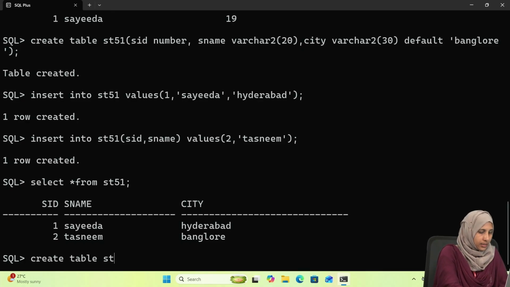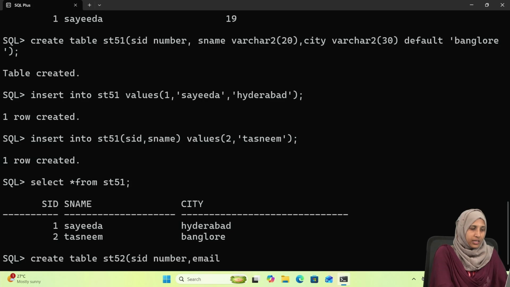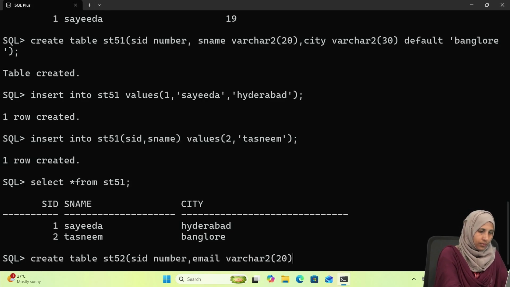Create table ST52, SID number. Okay. Email. Directly I'll be taking email instead of name. Why? Because we have SID anyhow. Varchar 2, followed by. Now, wherever you want to apply a constraint,